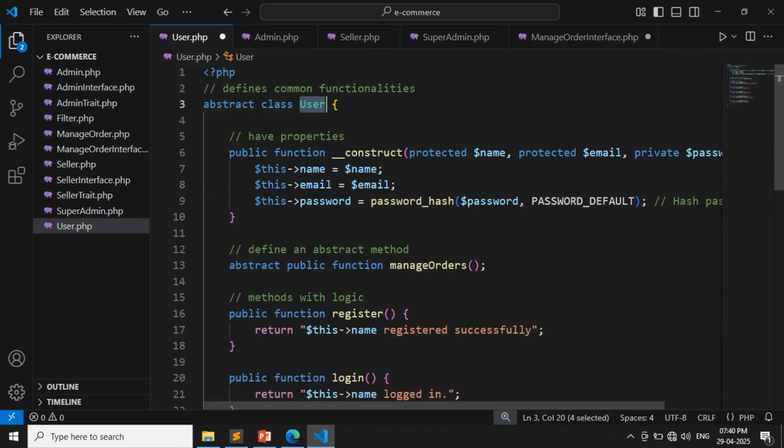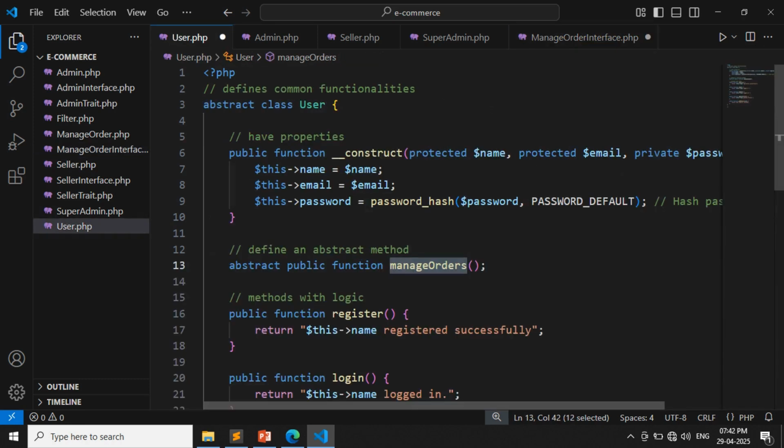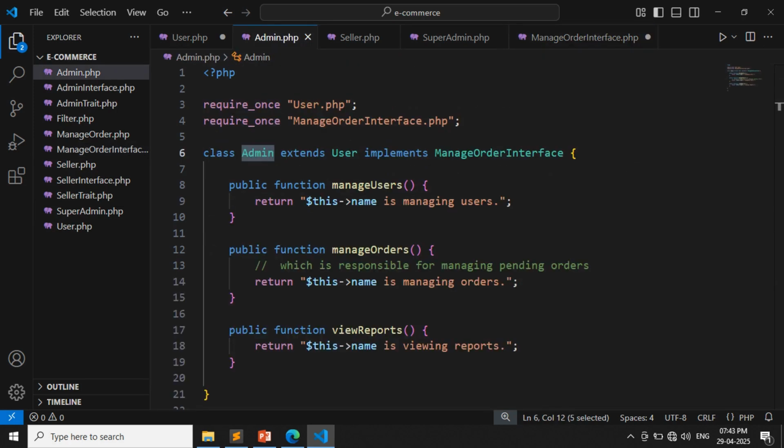Now, the abstract user class works the same as the manage order interface, since it defines the abstract method manage orders, just like the interface. If we look at the admin class, it extends the abstract user class, which means it must implement the manage orders method. Similarly, when admin implements the manage order interface, it is also required to implement the same method.